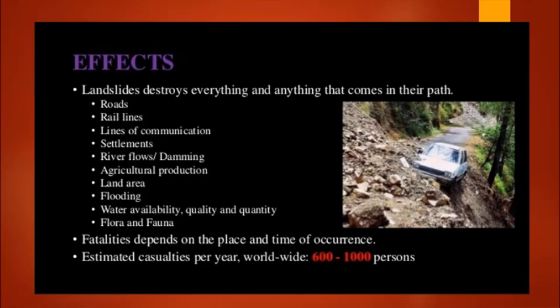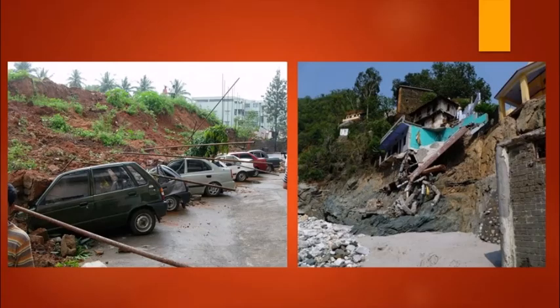The debris and the rocks can also fall on the railway tracks and the roads, and these can be suspended for a very long time. Even the artificial reservoirs which are formed can be destroyed because of landslides. Not only human loss, economic loss also occurs because of landslides, as houses can collapse and get buried under the debris. Cars, if parked near the hilly region, can be buried. So it indirectly causes what?